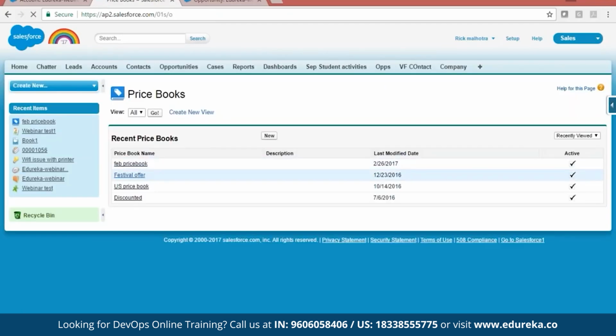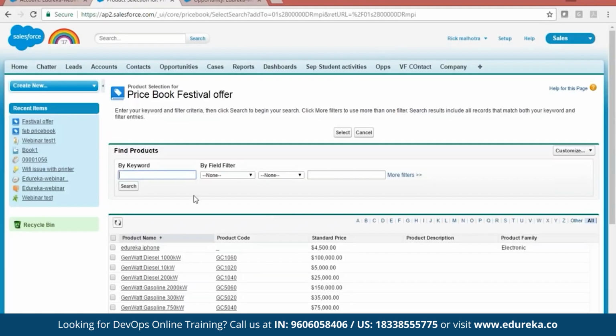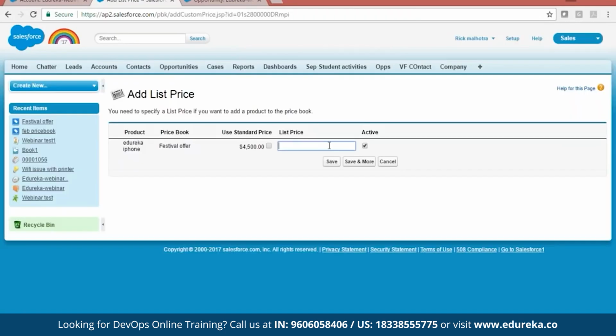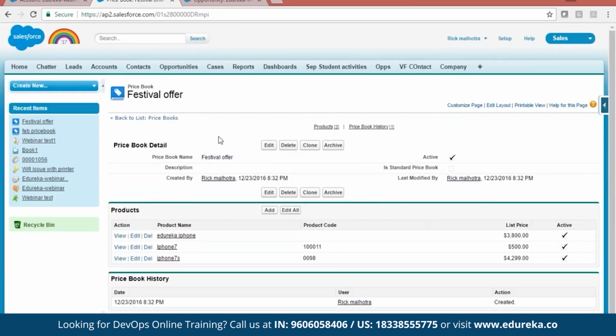Now the same can be done with festival offer, and under this I want to add my product, and I want to give it in $3,800 because of festival. Now one product is with two price books.